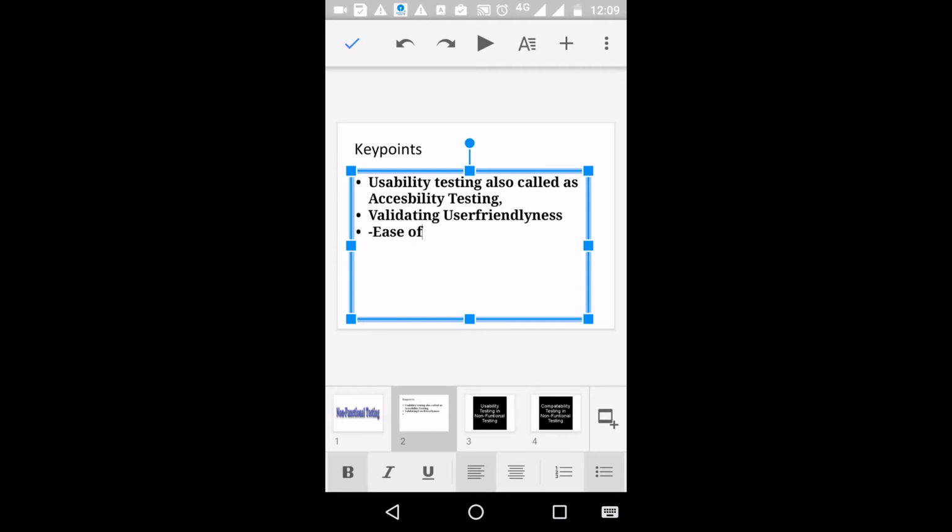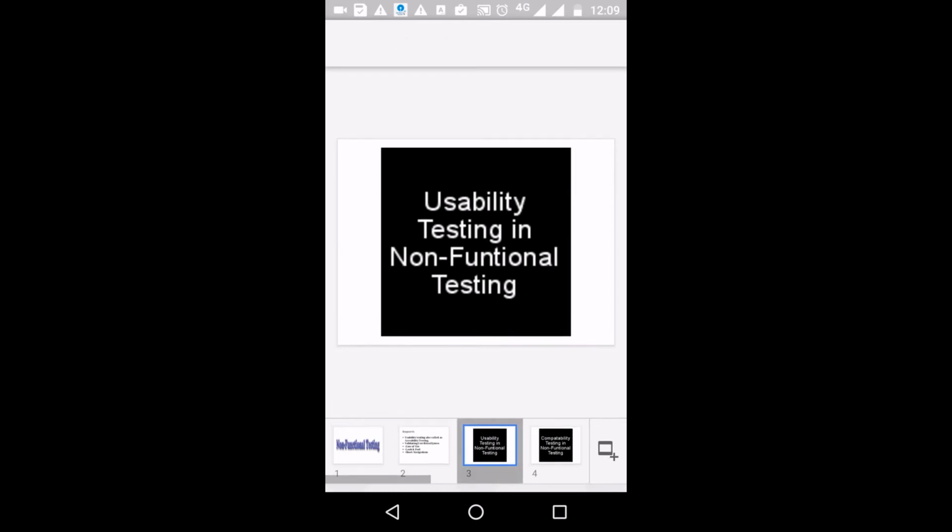Ease of use. Next one is look and feel. It should catch the eye of the customer. Clear? Ease of use means it should be easy for even old people to access. And short navigations: at whatever point you may be in that page, you should be able to navigate to the home page by providing short navigations. Let me continue this with a small example in usability testing.